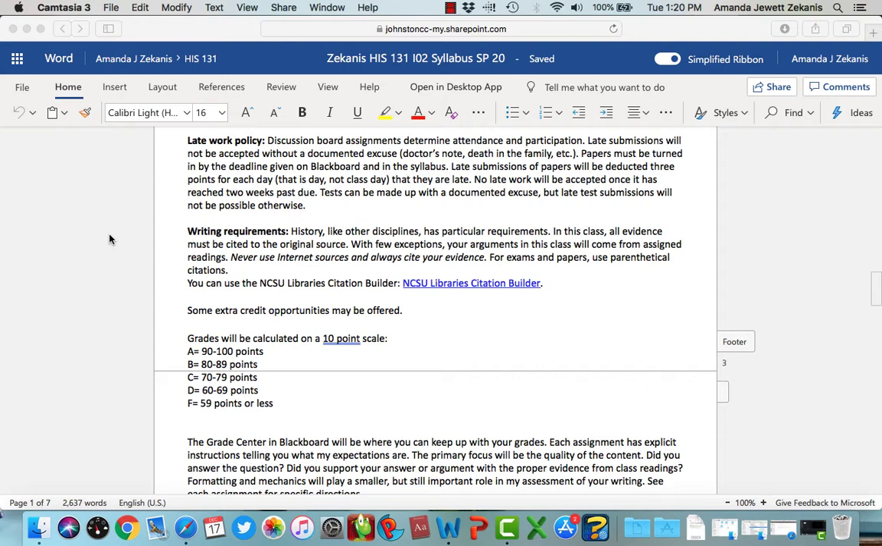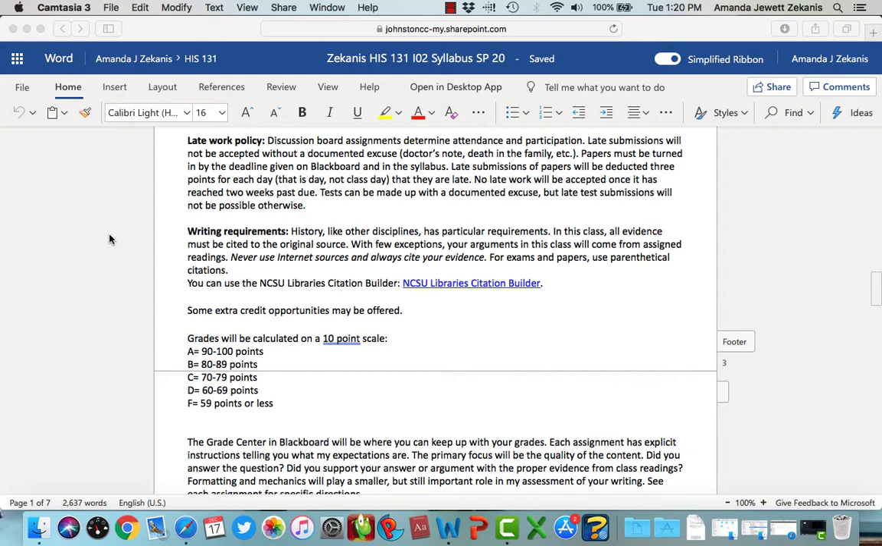Papers must be turned in by the deadline given on Blackboard and in the syllabus. If they are late, they are deducted 3 points for each day. Day, not class day, like day of the week, including weekends. Every day they are late, they lose 3 points. And after 2 weeks, I don't accept anything late. Tests can be made up with a documented excuse, but otherwise you can't do a late test submission. The test will close at a certain time, and if you do not do that, then you don't get to take that test. We have writing requirements,